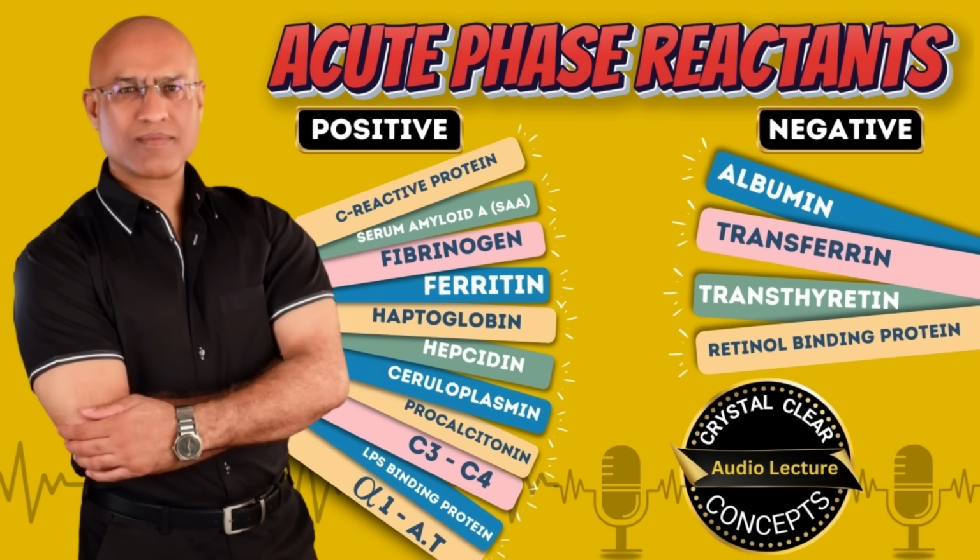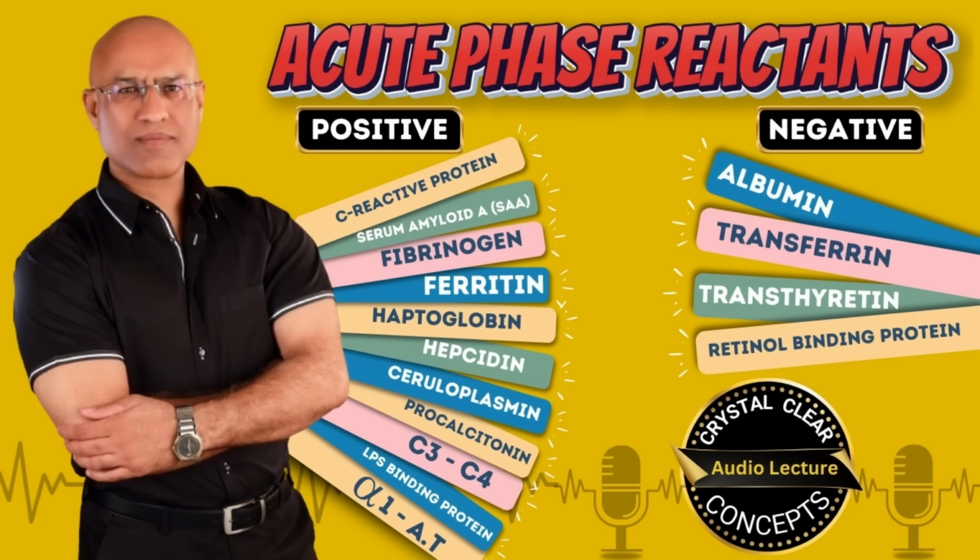These are the important ones. I'm not going to talk about all of them, I will just tell you the important ones. First of all, C-reactive protein. Of course, it is produced by the liver. C-reactive protein acts as an opsonin. What is the importance of it? Why does the liver produce this protein? There's a purpose, because